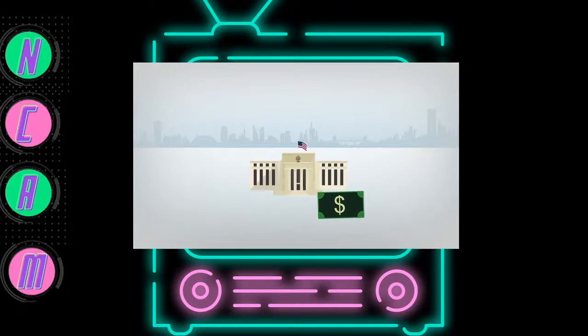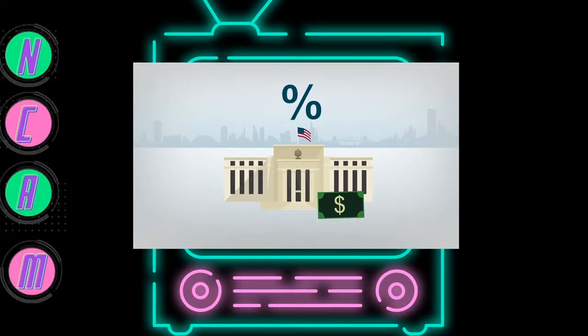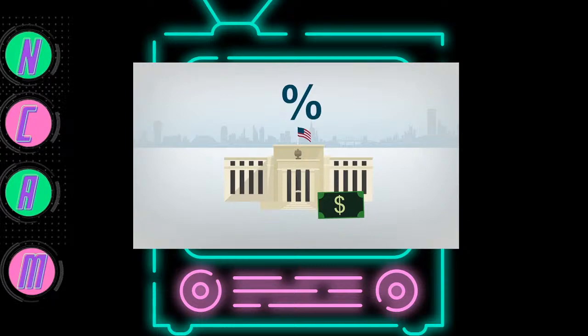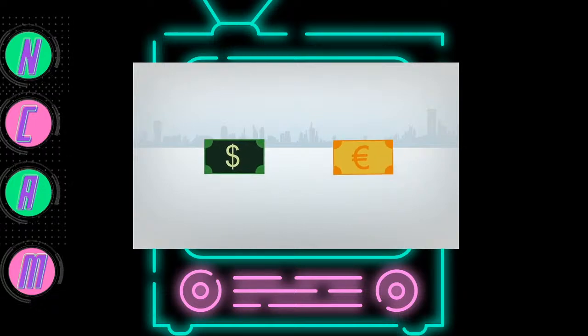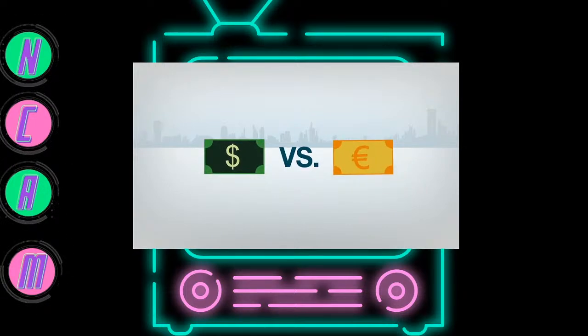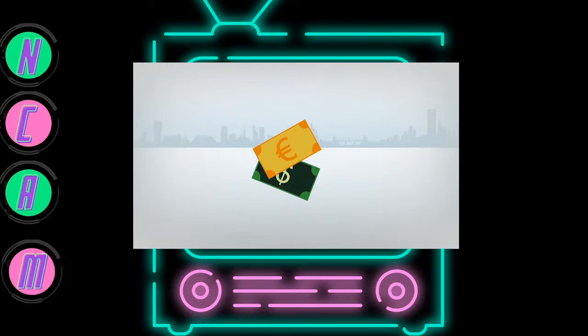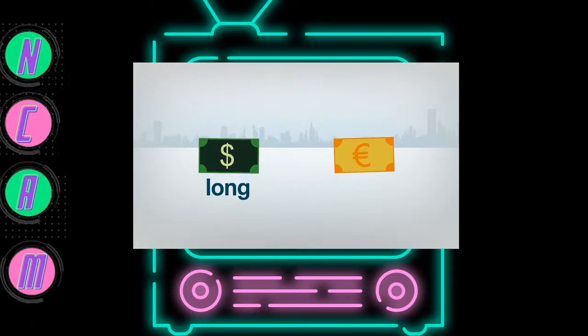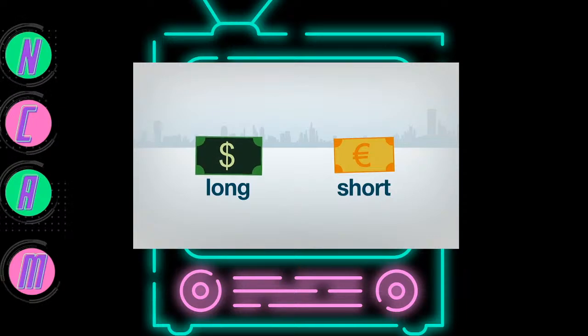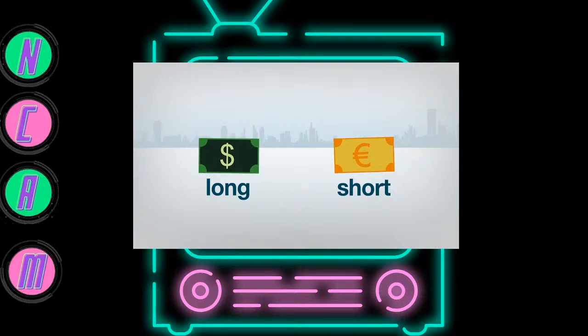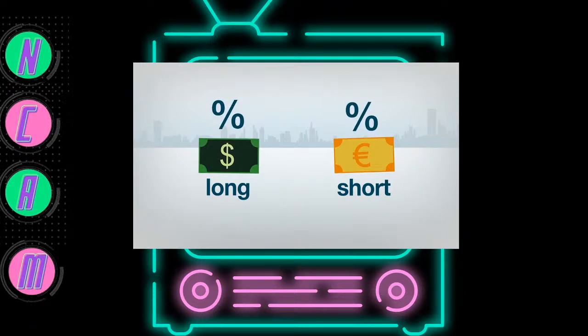The US dollar is associated with an overnight lending rate set by the Fed, and this rate defines the cost of borrowing money. Similarly, each foreign currency has its own overnight lending rate. Remember, when you trade a currency pair, you're trading two currencies against each other. Even though the currency pair acts like a single entity, you're technically long one currency and short the other. In terms of financing, you're lending the currency that you're long and borrowing the currency you're short. This lending and borrowing occurs at the overnight lending rate of each respective currency.